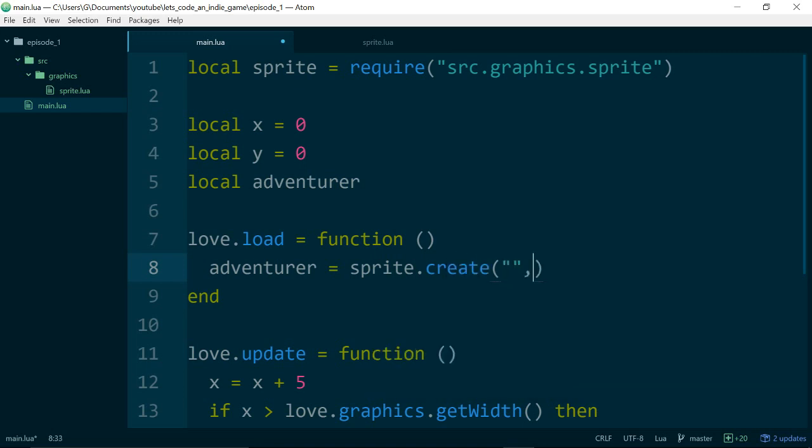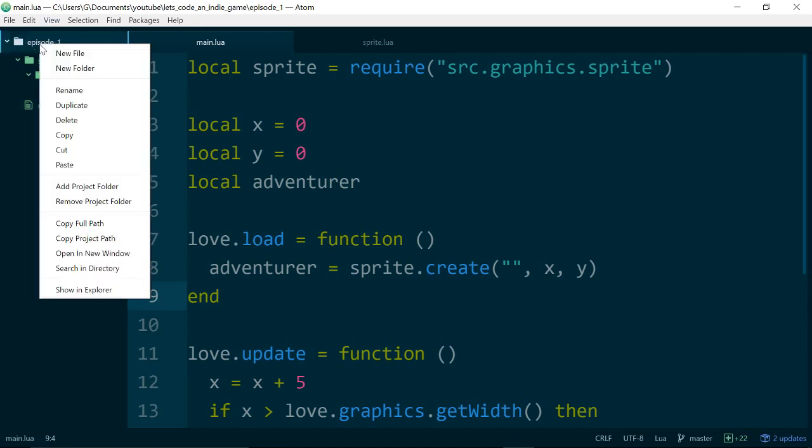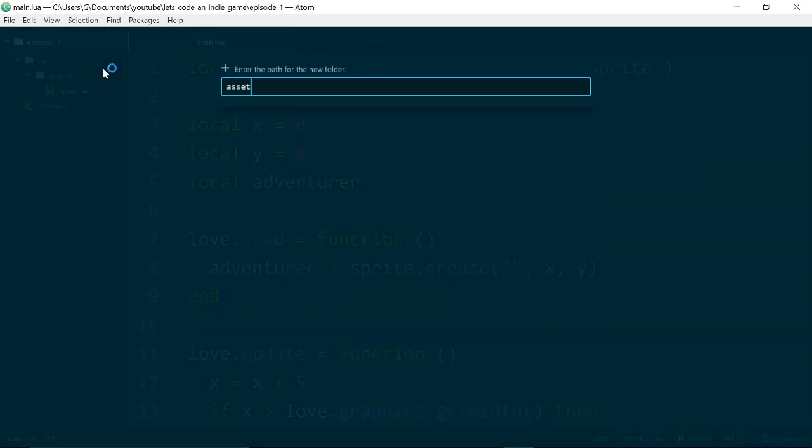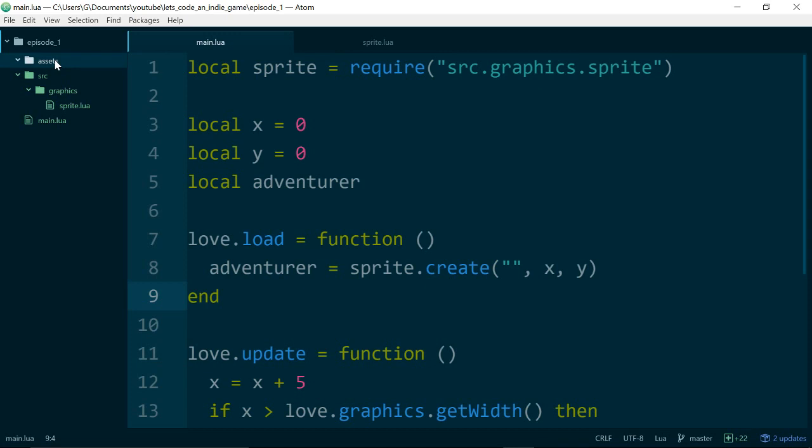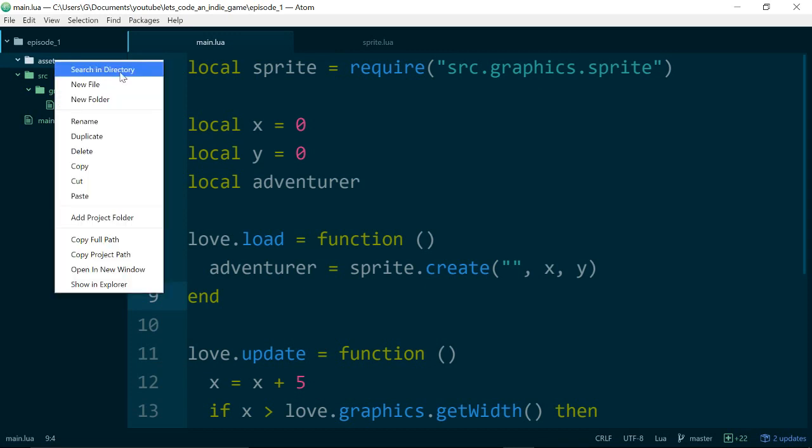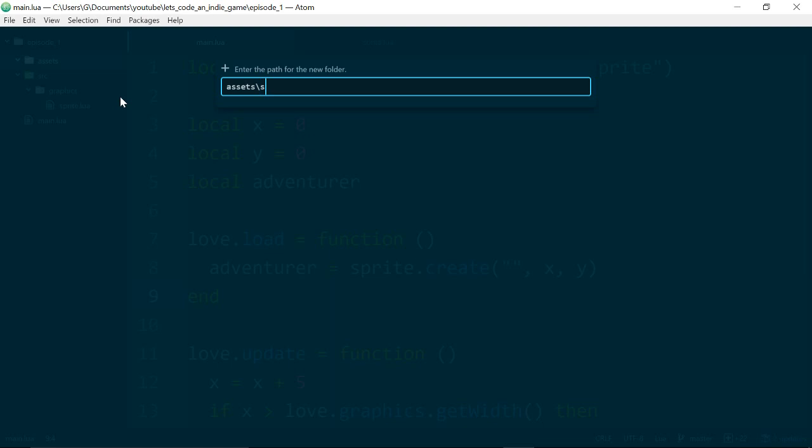And now we need to worry about where our image comes from, and to start with we'll just draw it at 0, 0. Actually, let's draw it at x and y, as we have x and y already available for us. It would be a shame not to use them. So I'm going to put all of the images and everything which isn't code inside of a folder called assets. Again, you can put them anywhere you like, but things will go much more neatly if you stick to some kind of order. So let's make a new folder in here called sprites,